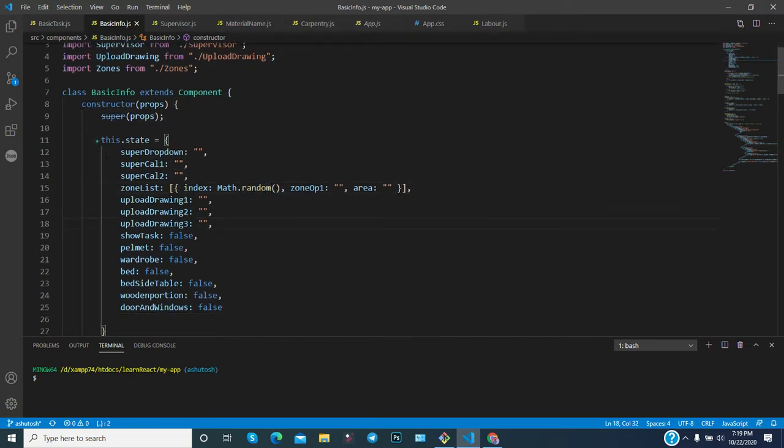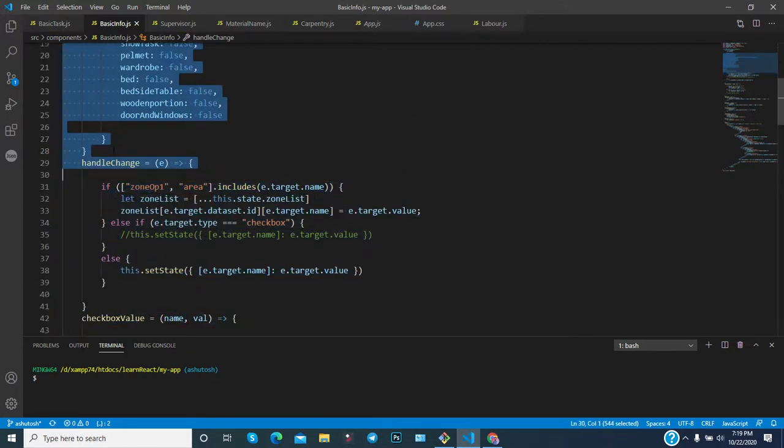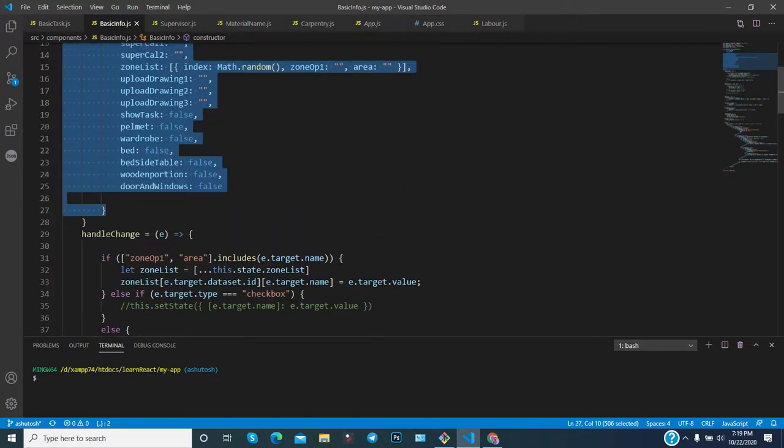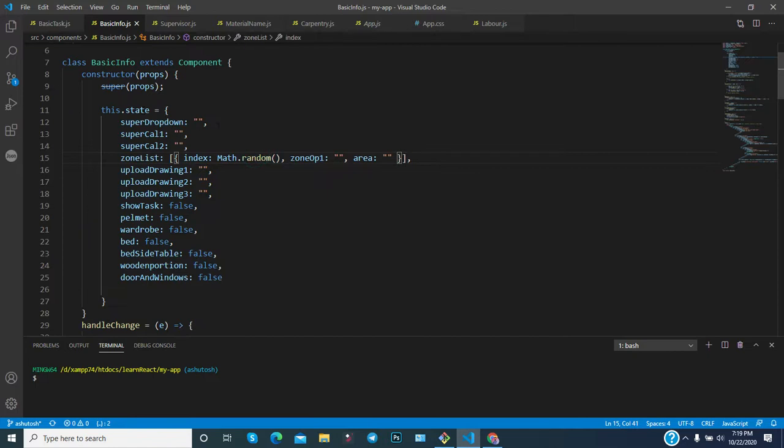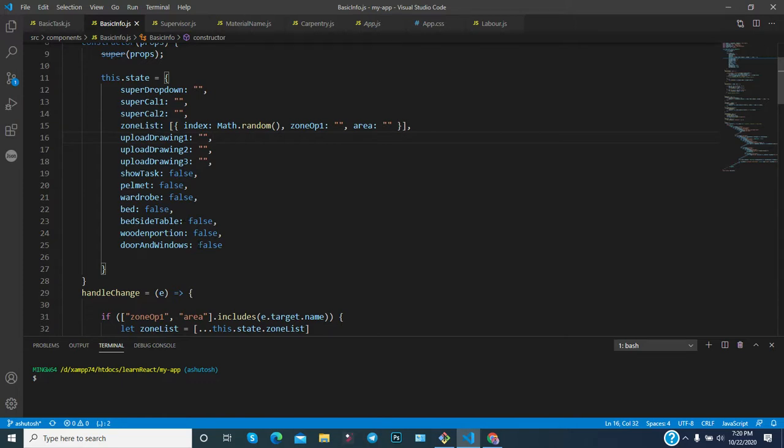Now this is the state object. React provides this object, and you can utilize it to change the state value. You can provide any value, and whatever value you provide, you can utilize anywhere in this particular component.